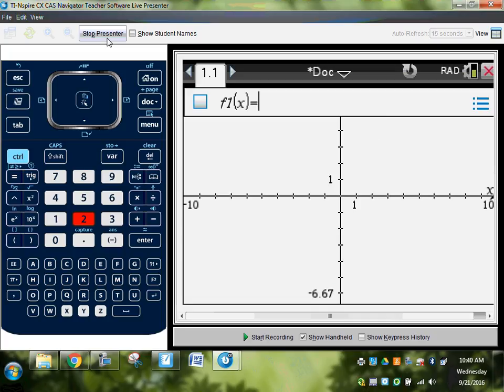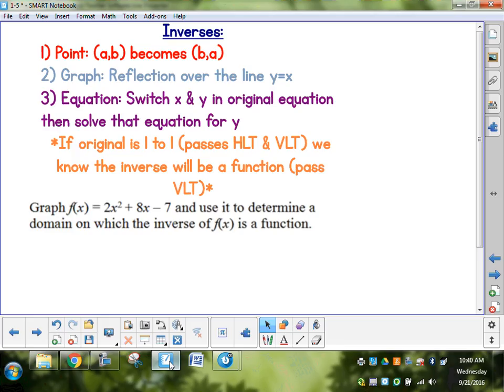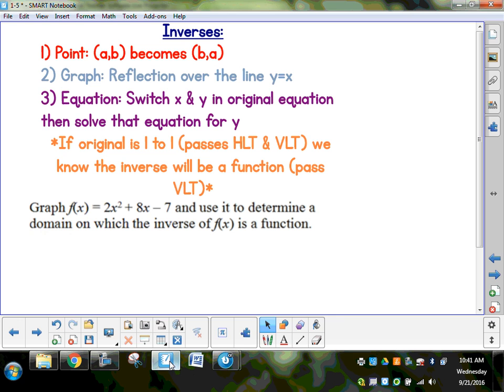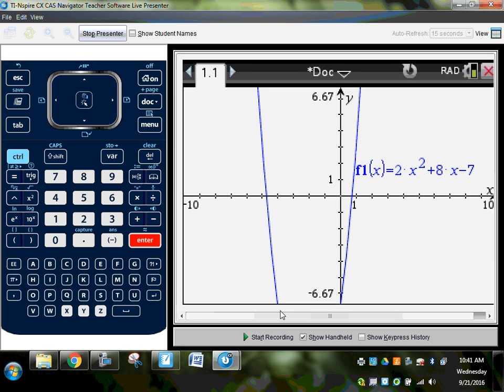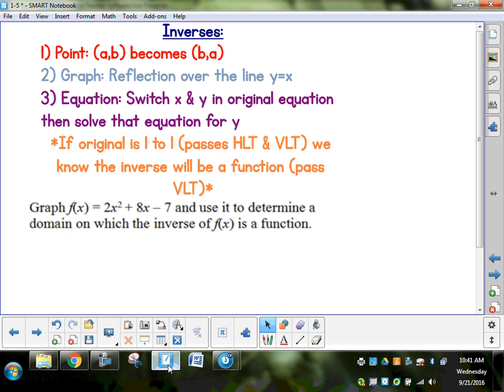Now, go in please, and we're going to type in this quadratic expression, 2x squared plus 8x minus 7. And we're going to graph out that equation. Type the expression in and graph the equation. So when we do that, something fascinating comes up. Let's start off with this, because it says on the question, graph this and determine the domain on which the inverse is a function. What this is asking you is to figure out